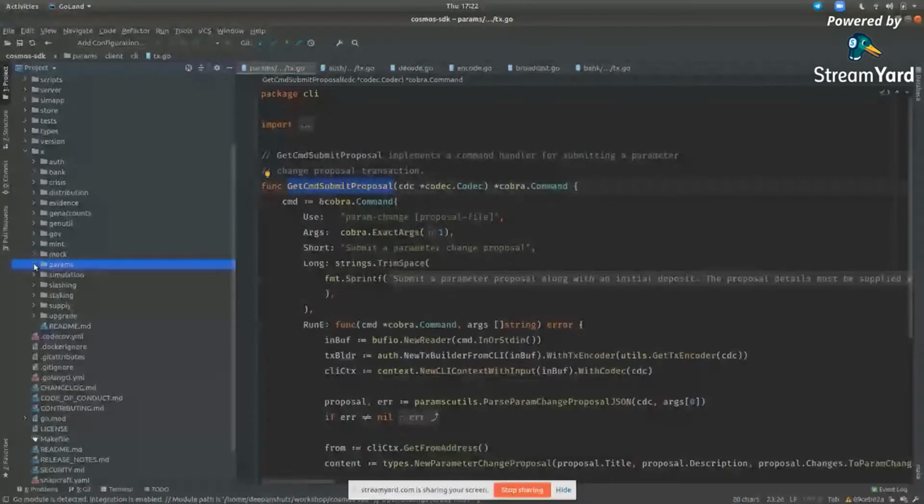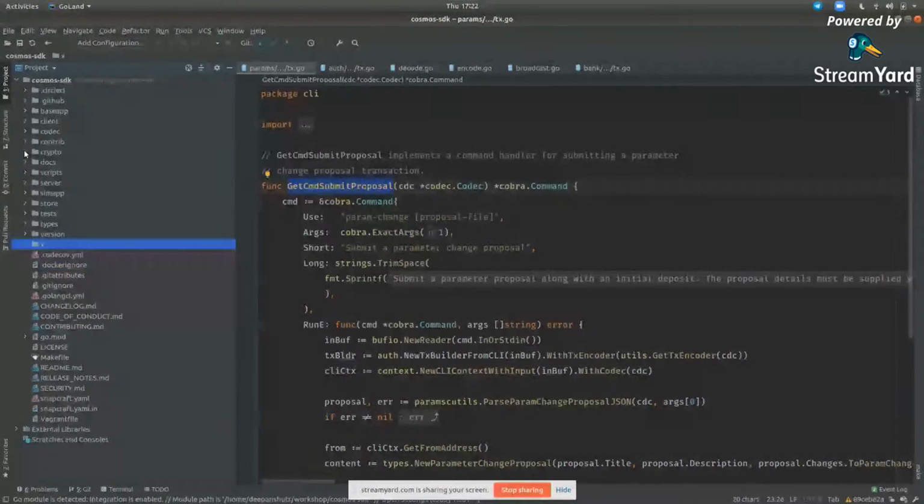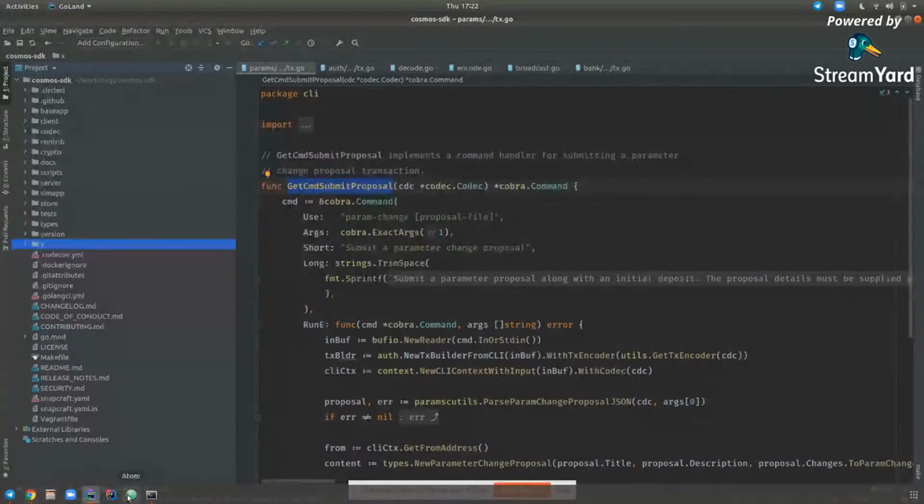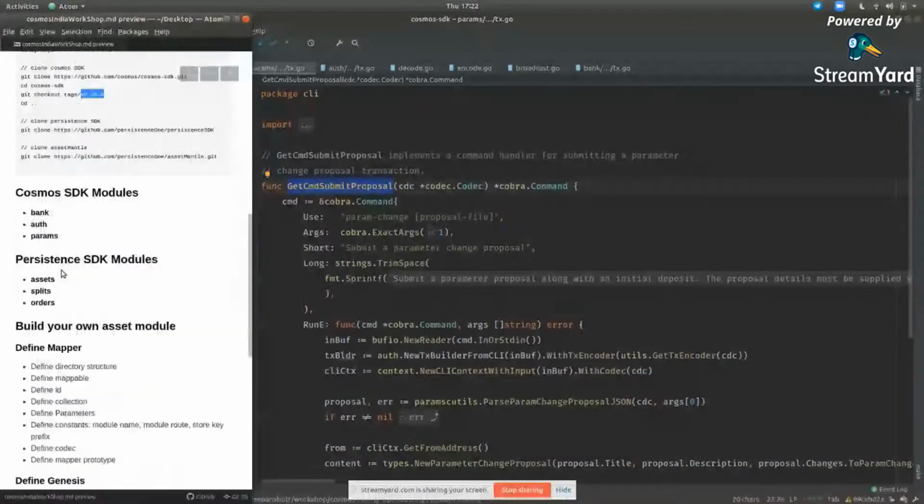So, yep, these are the three modules that one needs to be aware of in order to make their basic application. The basic application allowing for you to be able to send, broadcast transaction, sign transaction, send tokens, and be able to change parameters. Getting into the modules at the Persistence SDK level that you might require, we have the